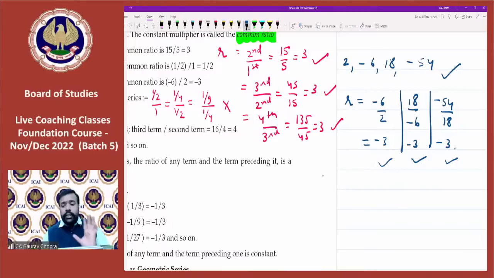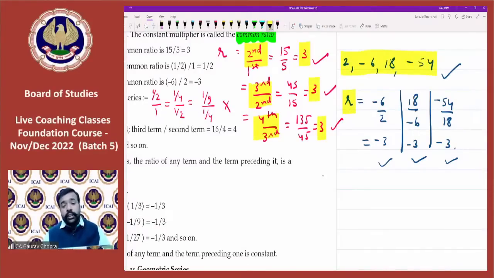अभी तक हमने क्या डिस्कस किया है? अगर आपको कोई भी सीरीज गिवन है तो हम उसको पहले चेक करेंगे कि वो ज्योमेट्रिक प्रोग्रेशन है या नहीं। उसके लिए हमें क्या फाइंड करना है? कॉमन रेशियो। और कॉमन रेशियो कैसा आएगा? सेकंड टर्म डिवाइडेड बाय फर्स्ट टर्म, थर्ड टर्म अपॉन सेकंड टर्म, फोर्थ टर्म अपॉन थर्ड टर्म। इस वे में हम क्या कैलकुलेट करेंगे? रेशियो। अगर रेशियो की सारी वैल्यू सेम आती है, if the values of ratios are same,